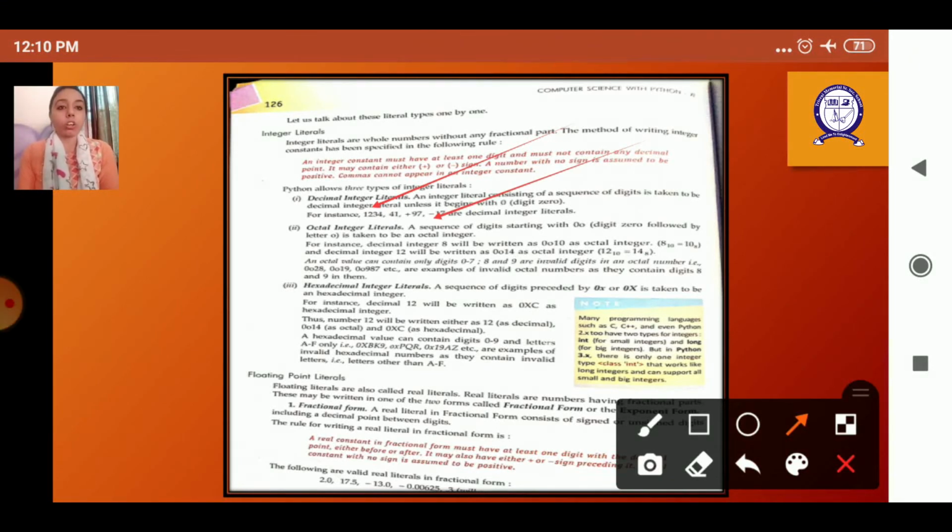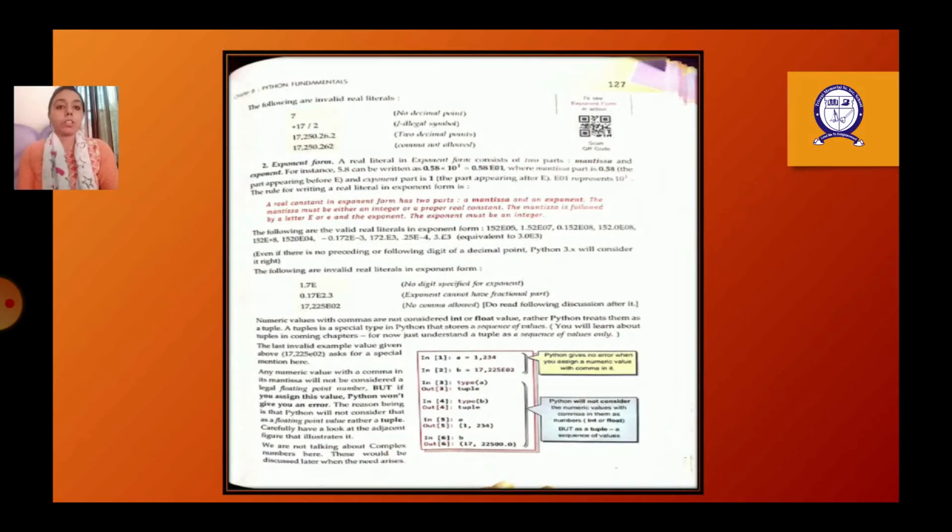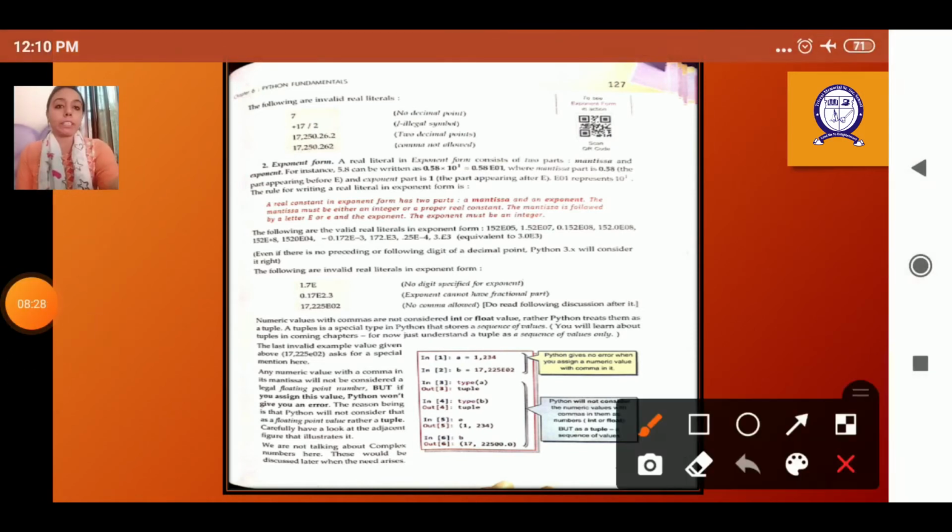And when we are specifying the octal integer literal, we can put a 0 and then we can type our number, whichever it is. And after that we have the hexadecimal one, so it will consist of the x as the starting value, and after that whatever is the number or whatever is the value. So this is the hexadecimal integer literal. And after that we have the floating point, which we have discussed, which has the fractional form. So after that we have the exponent form. We know that the numbers can also be written in the exponent form like this, 152e minus 8. This is the exponent form.